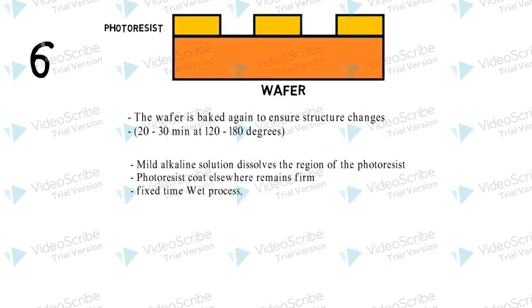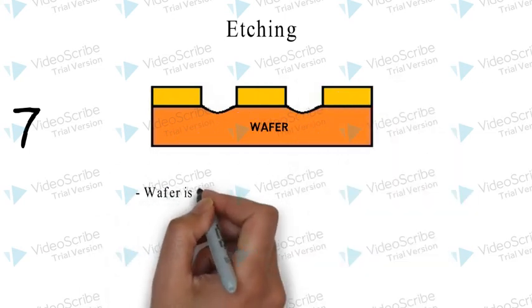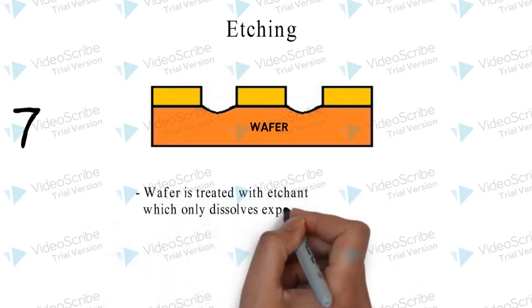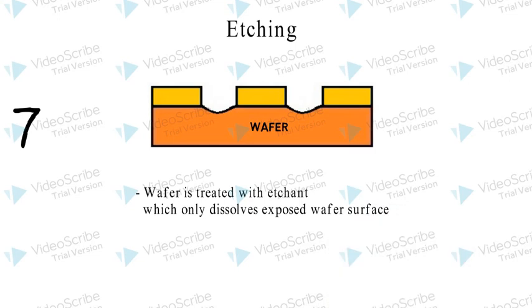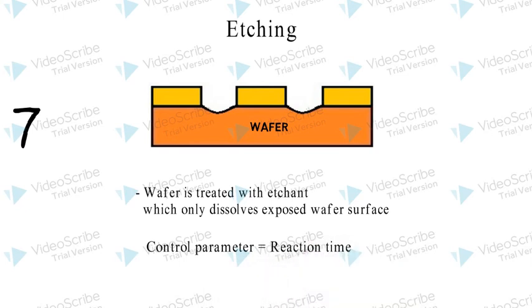The next step is etching, which is quite important in the sequential procedure. The wafer with the patterned layer of photoresist is then treated with etchant. It can be a bath of etchant or can be sprayed on it. Only the metal part which is exposed to the etchant gets corroded or gets machined. The depth and dimension of the machining depends upon the reaction time. Hence, an important control parameter is the reaction time for which the etchant is in contact with the exposed metal.